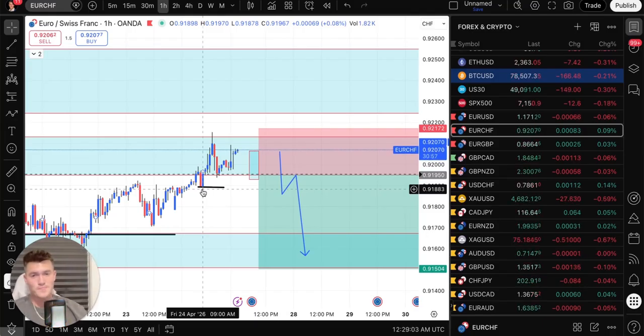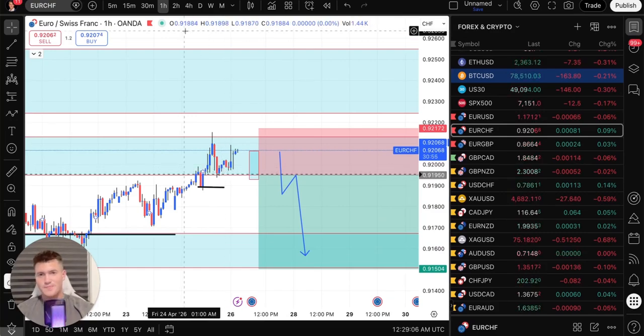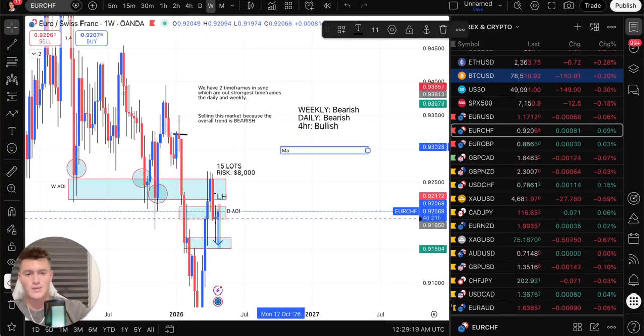This is what we're waiting for. This is why I have my little dotted line here. So you want to make, I'm going to go right here, entry signal. Wait for your 30-minute and 1-hour to SOS, shift of structure, then syncing them with your higher time frames,